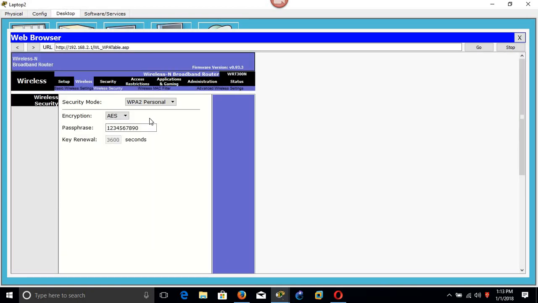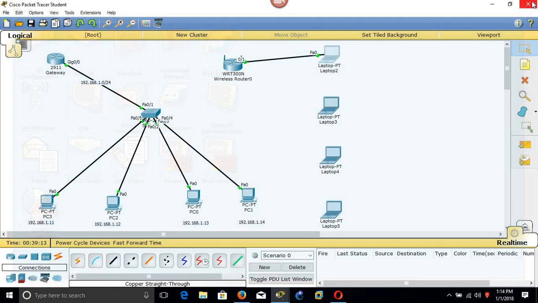Continue. So up to this point, we have already configured the basic settings for our wireless router. You can configure wireless MAC filter, which means you can filter some MAC addresses. If you filter a certain MAC address, that computer will not be able to connect to our wireless. But for this time, we don't like this one. Okay, after this point, close, then close. Okay, now we have already configured our network. So we can disconnect this PC.